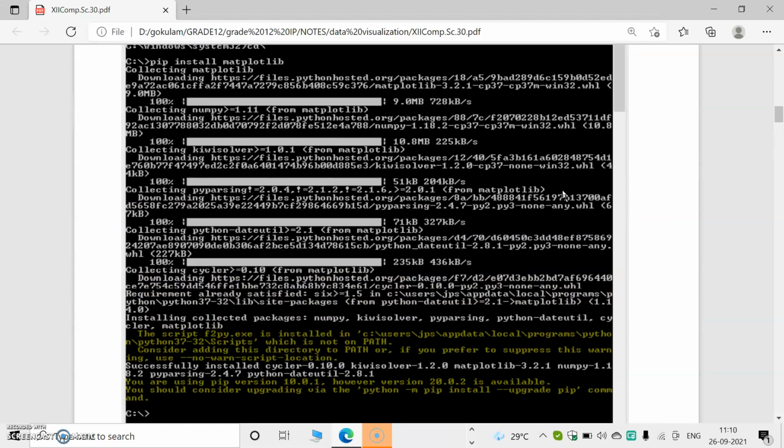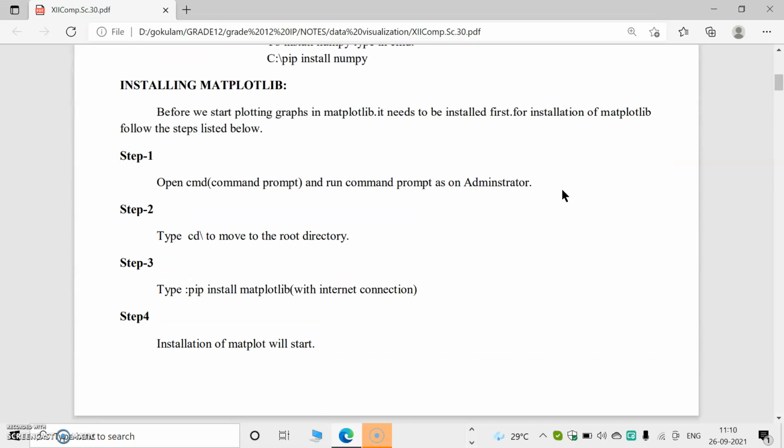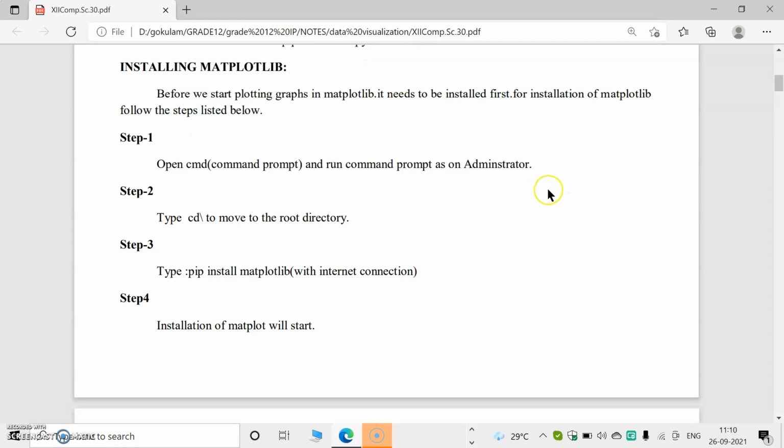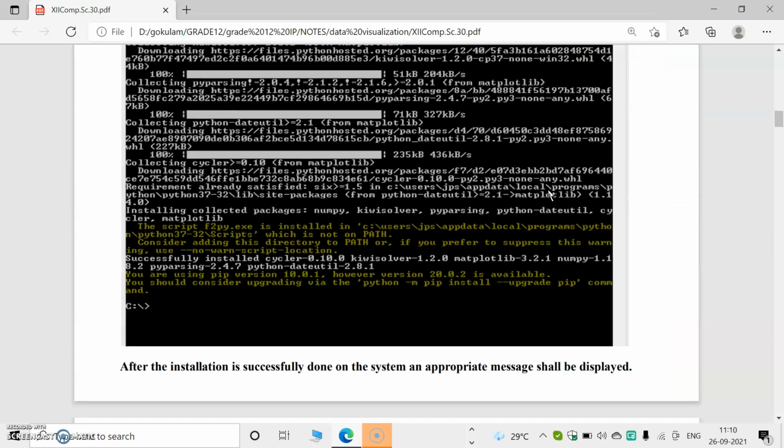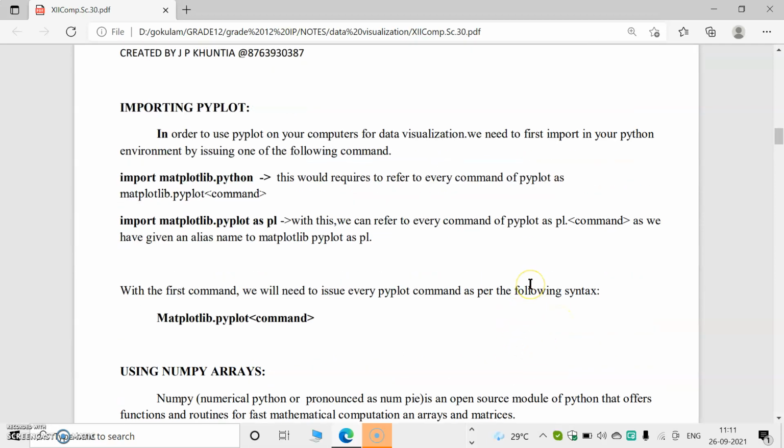If we want to do data visualization, we have to use matplotlib, which is also installed with the command pip install matplotlib. After installation we can use matplotlib. Inside matplotlib there is a module known as pyplot, and by using this pyplot, plotting is performed.